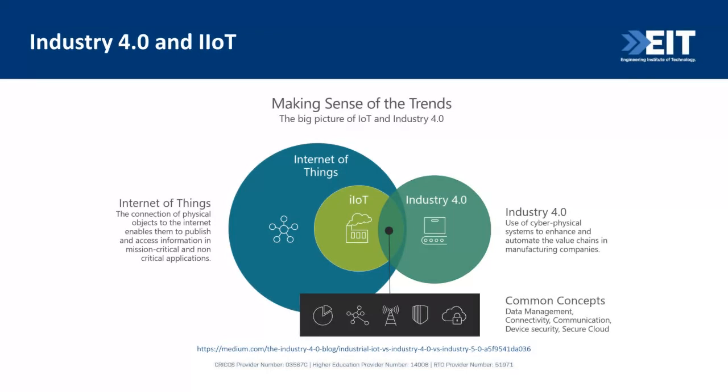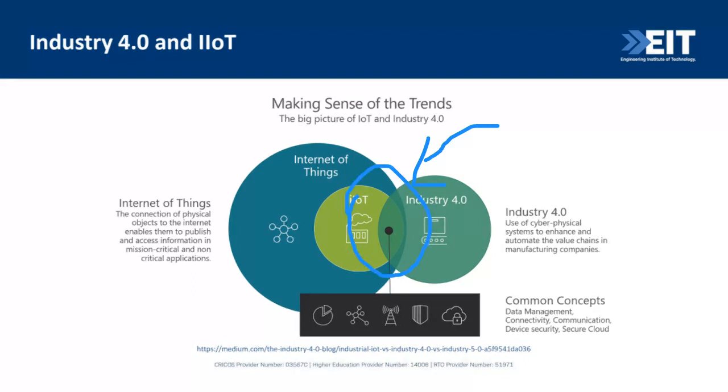Similar to how we send information among each other through messages, chats, WhatsApp, email. Similarly, devices can send information using the internet among themselves, hence the term Internet of Things. Now, if we use that in an industrial context, that becomes Industrial Internet of Things. Now, if you see this diagram here, this basically explains how Industry 4.0 and industrial IoT have similar objectives, which is why there is an overlap among each other.